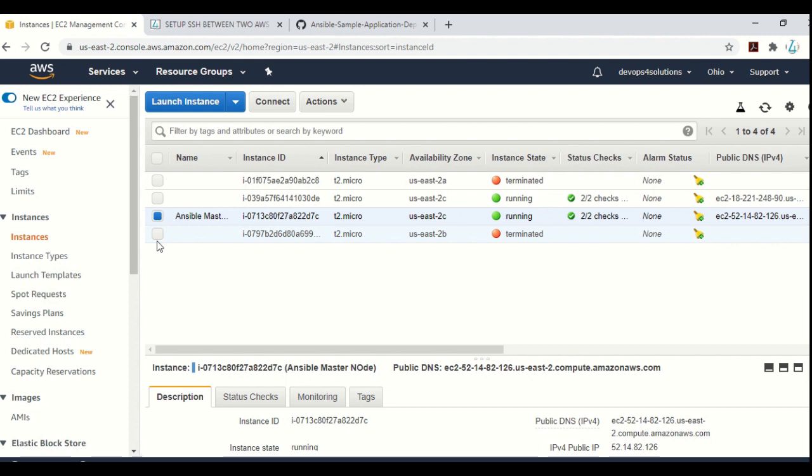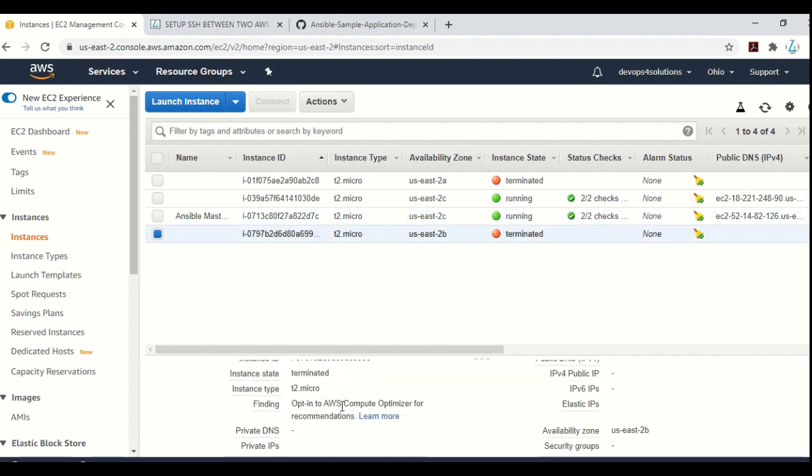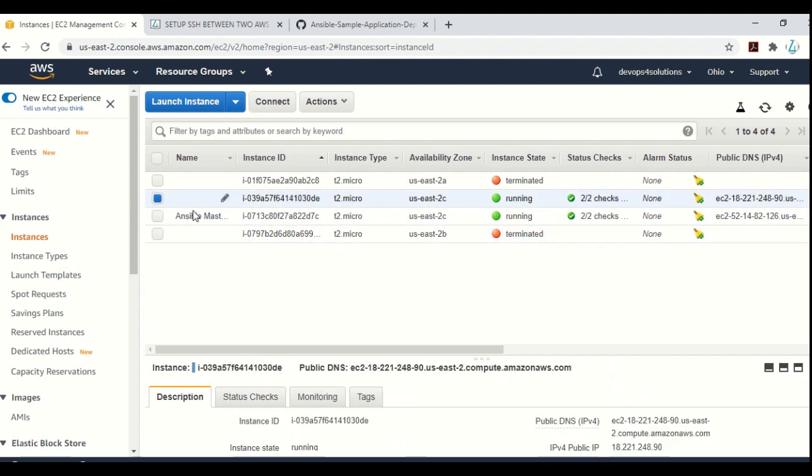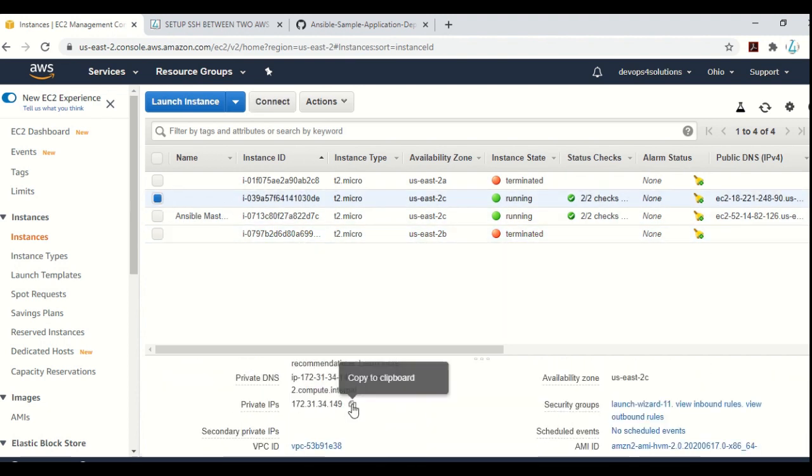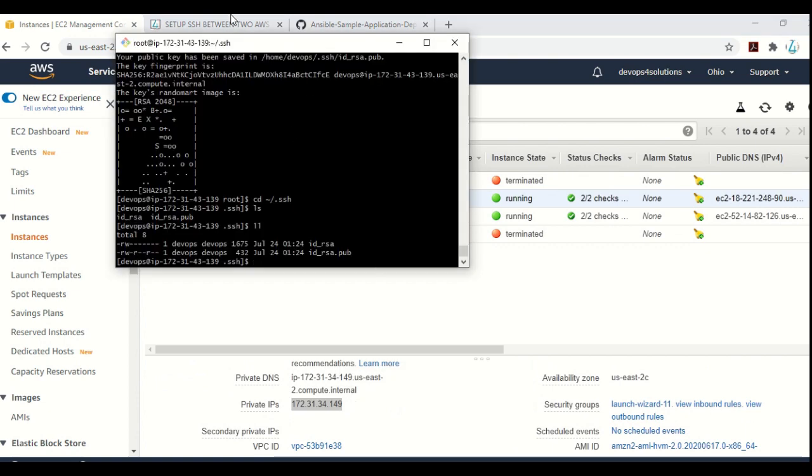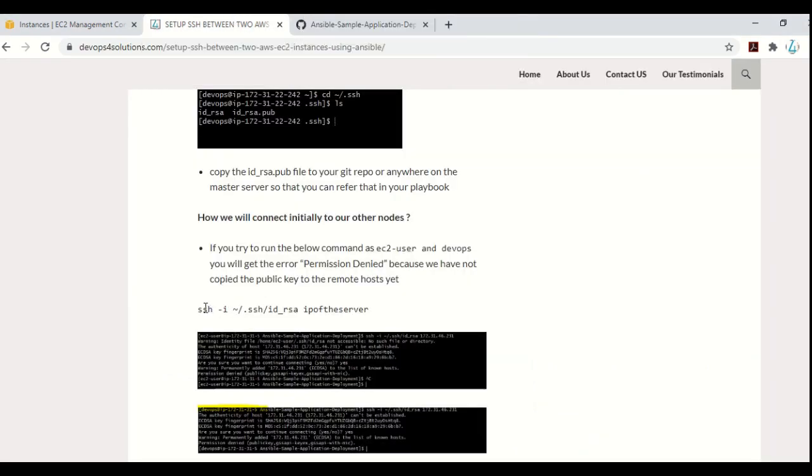So right now on the remote server, nothing is there. You cannot SSH from this server. I can show you what error you will get. So this is the IP of the server that I have created. Let me just take this and do the SSH, just a minute.